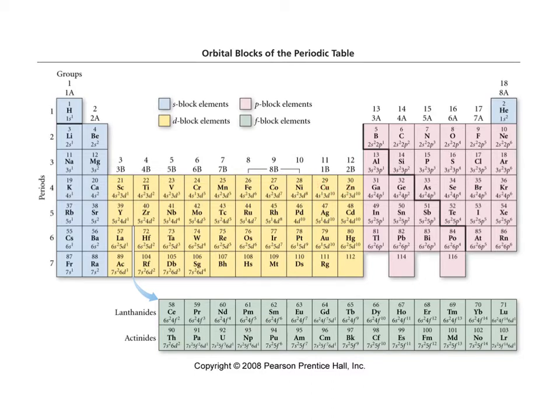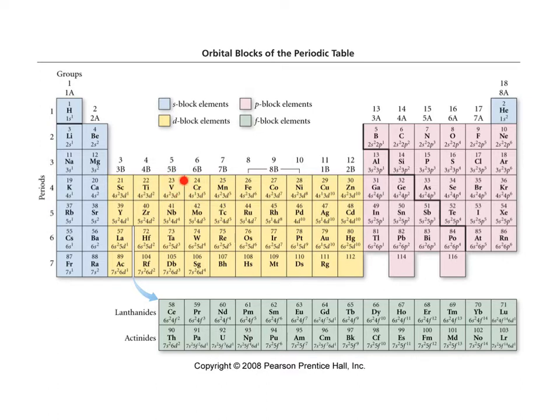And chromium is right here, right next to vanadium. It would be exactly similar if there were not for an exception. With this period in the d block, there are 2 exceptions that I want you to know about. One of them is chromium, and the other one is copper. So we'll start by talking about chromium. So here's vanadium,